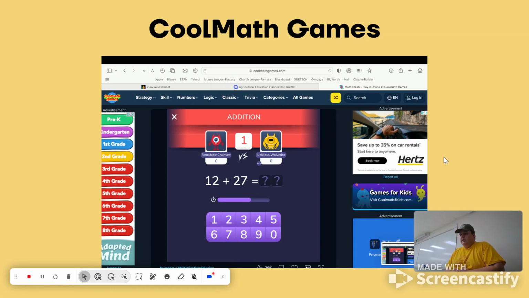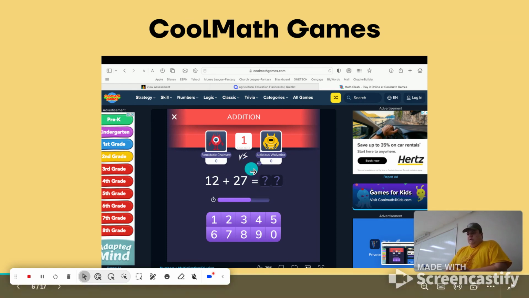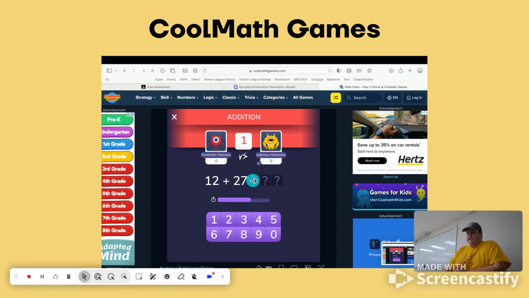This specific one gives you math problems, and you've got to solve them within a certain time limit before this AI opponent solves it. And whoever has the most points between you or the AI opponent at the end of the round will win. So it kind of gives students an incentive. You can even have students compete against each other. You can say whoever gets the most points out of the class wins a piece of candy or whatever. So it's one of those things that you can do as a fun